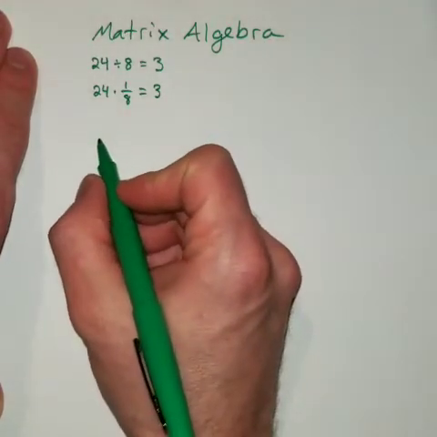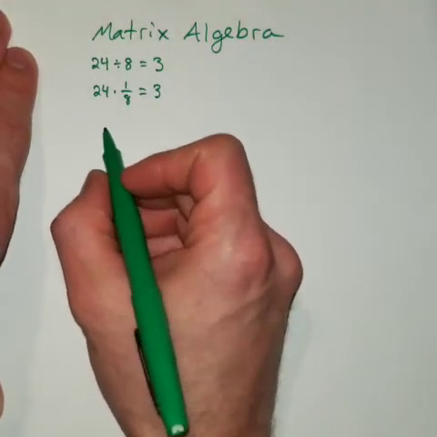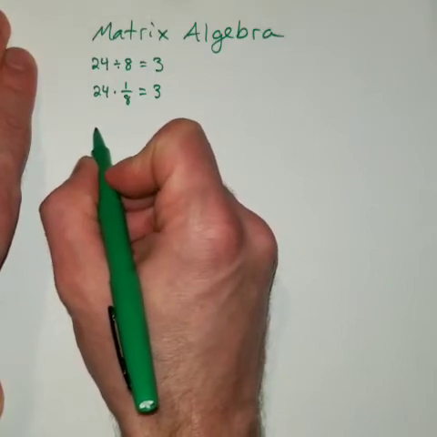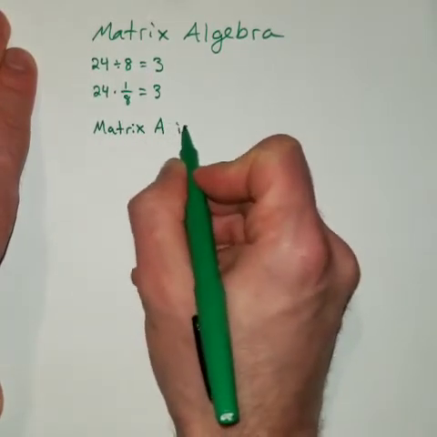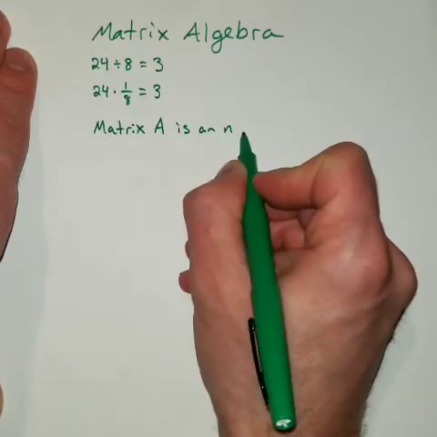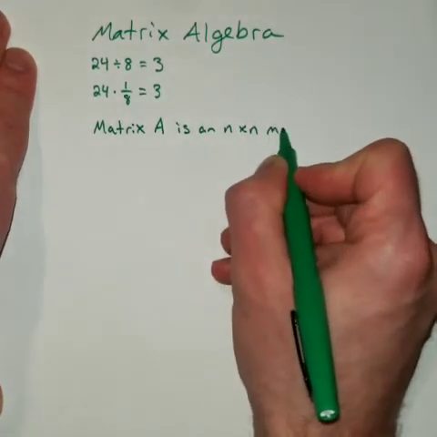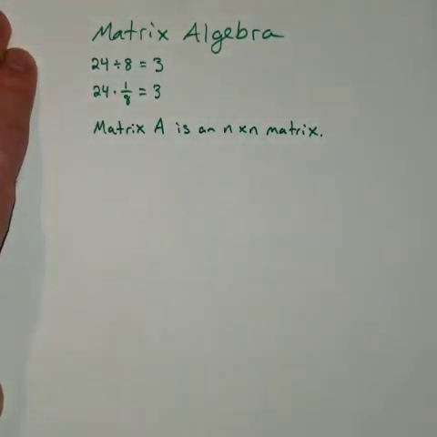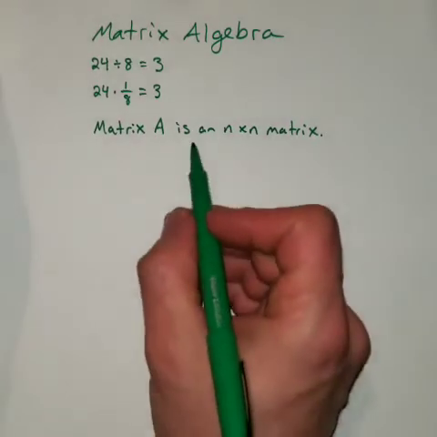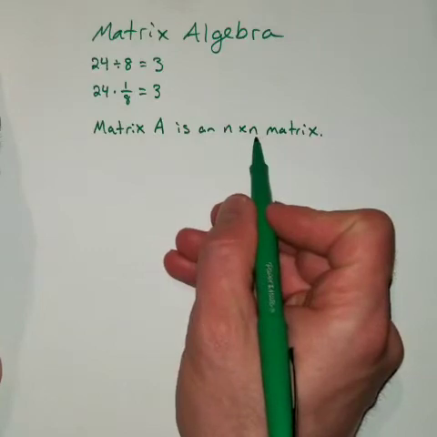Okay, and so let's say matrix A is an n by n matrix. Okay, that's the first thing. It's got to be n by n. It's got to be a square matrix in order for this to work. All right. Now with a square matrix, n by n,